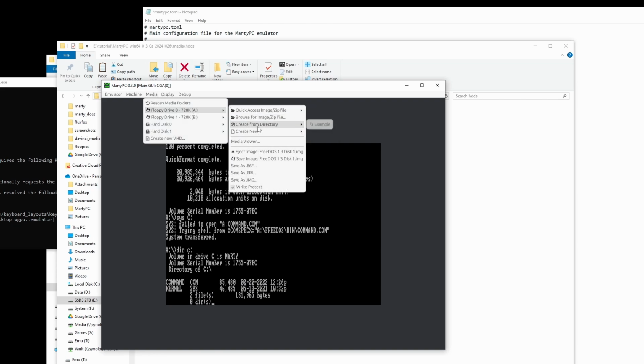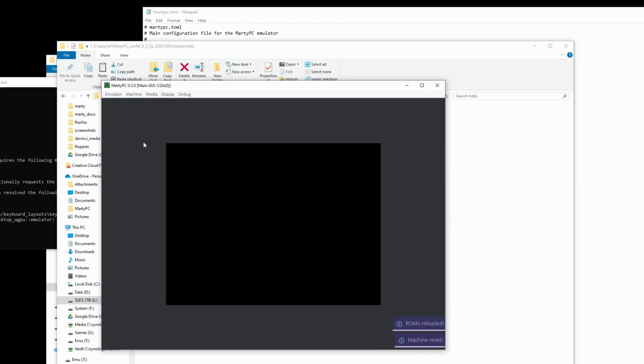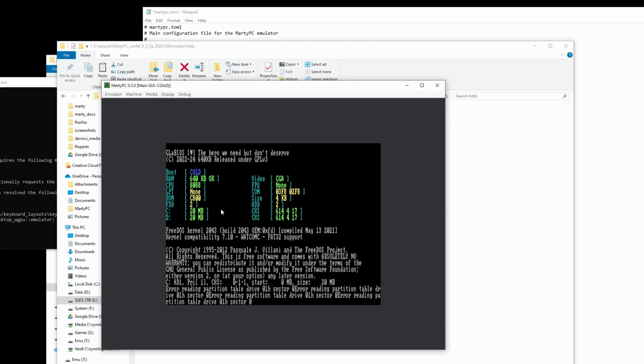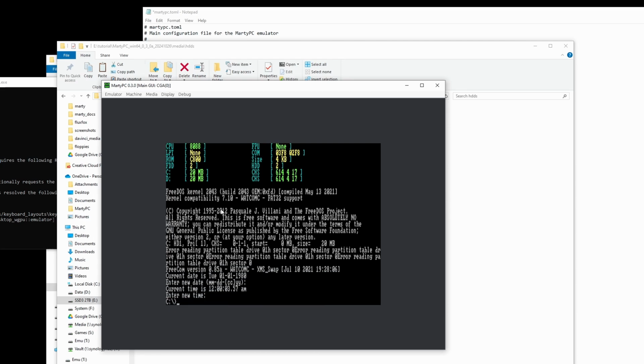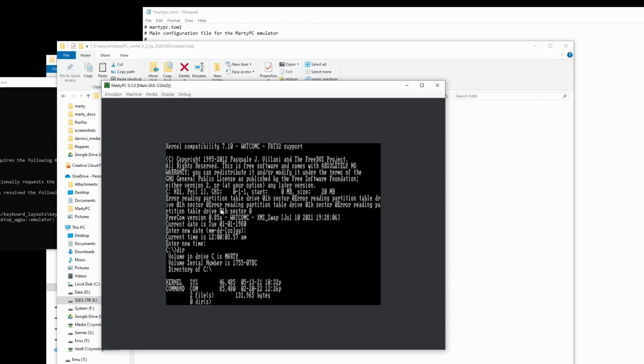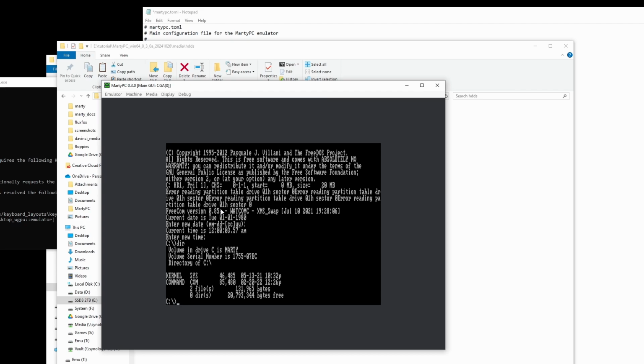So now all I should be able to do is eject the FreeDOS boot disk, come over here and reboot, and we should boot directly from the C drive. Hit enter for the date and time, dir, cool. Now you can start installing things like the rest of the DOS utilities and set up your autoexec, config.bat, and your drivers, and have all the fun with DOS, just like it was